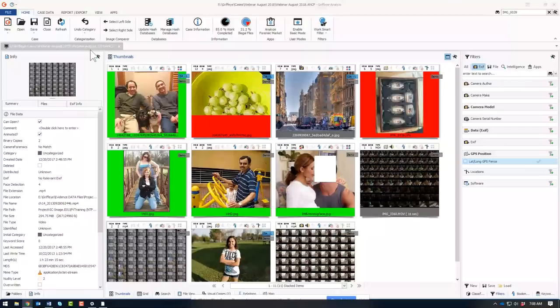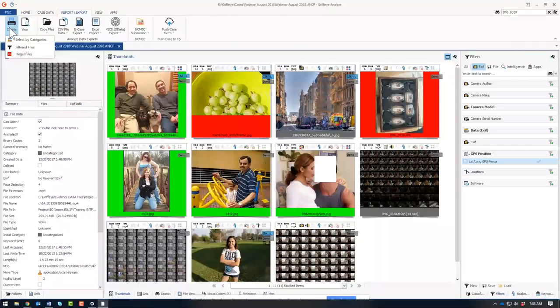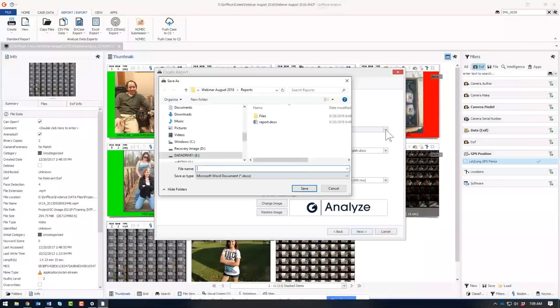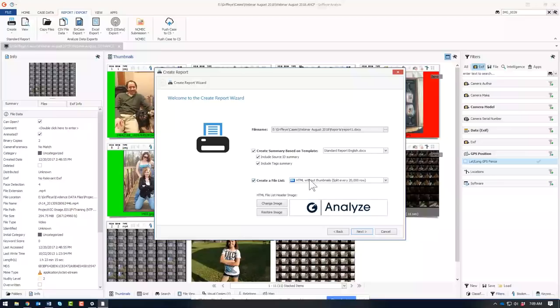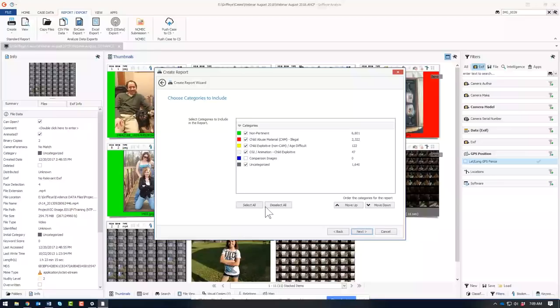All right, very good. I got a question. Custom sort a report rather than list it alphabetically. Yes, of course. So I'm going to go to create. I'm going to create a report. We'll call this report 1. I'm going to get to that page where I can show you how to do it. Create a file list. Next.